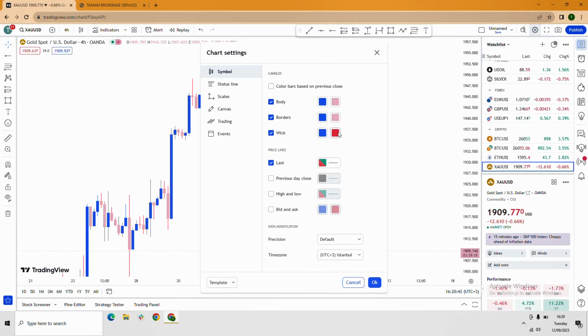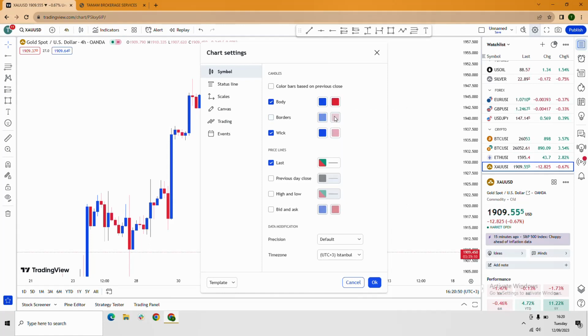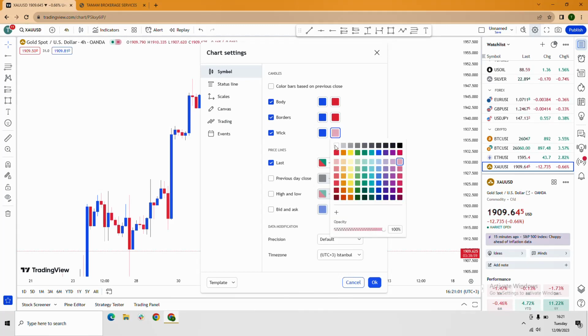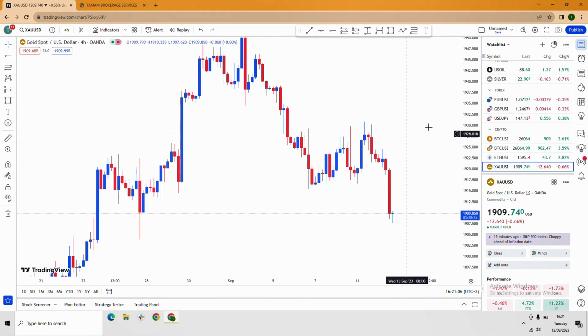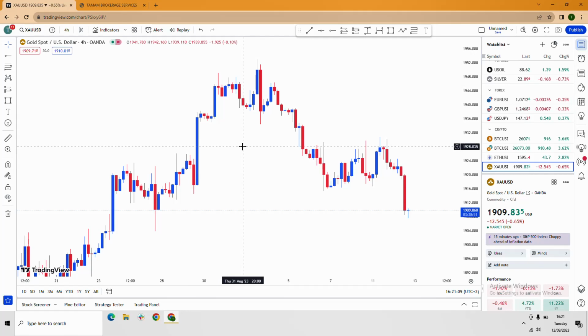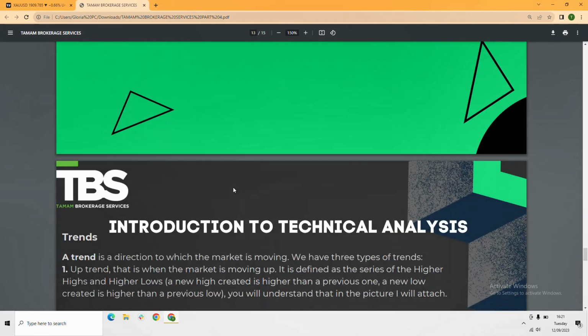It's all a preference. If you're a guy, a hard guy, then you might have maybe red and blue. Red and blue, you might choose to have charts like that. So it depends on someone's entire preference. If you want to have it in black, you can always come and change it to that black color that you want. So to further proceed,